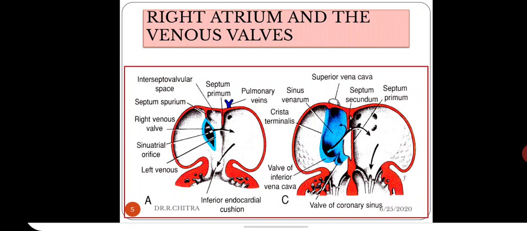So in the right atrium, the smooth part is formed from the absorbed right horn of the sinus venosus, and the rough part is derived from the right half of the primitive atrium. In the left atrium, the smooth part is derived from the absorption of the four pulmonary veins, and the rough part is derived from the left half of the primitive atrium. So this we have covered in the previous classes of part 1 and part 2. In this part 3, we will see the changes mainly in the primitive ventricle, bulbus cordis and the truncus arteriosus.